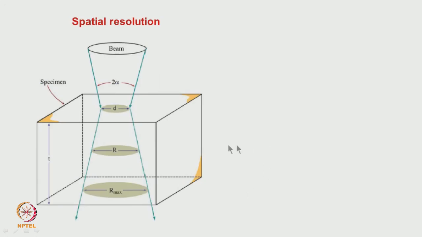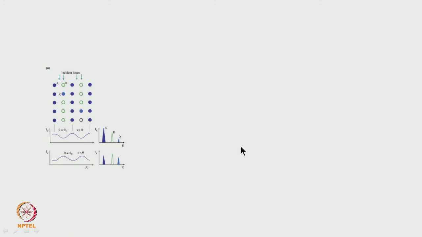Here I am just showing how the spatial resolution is affected by the beam spreading, beyond even the beam size. As the sample thickness becomes smaller and smaller, it has a better resolution. Another piece of information we can get using this technique is about ALCHEMI, that is atom site location in the sample, which atom occupies which location in the material. That information can also be obtained using energy dispersive analysis.